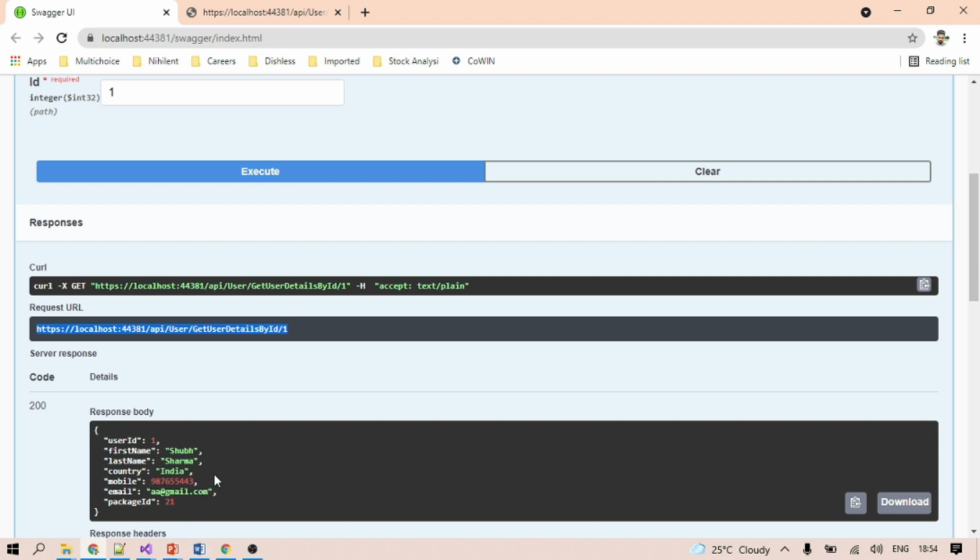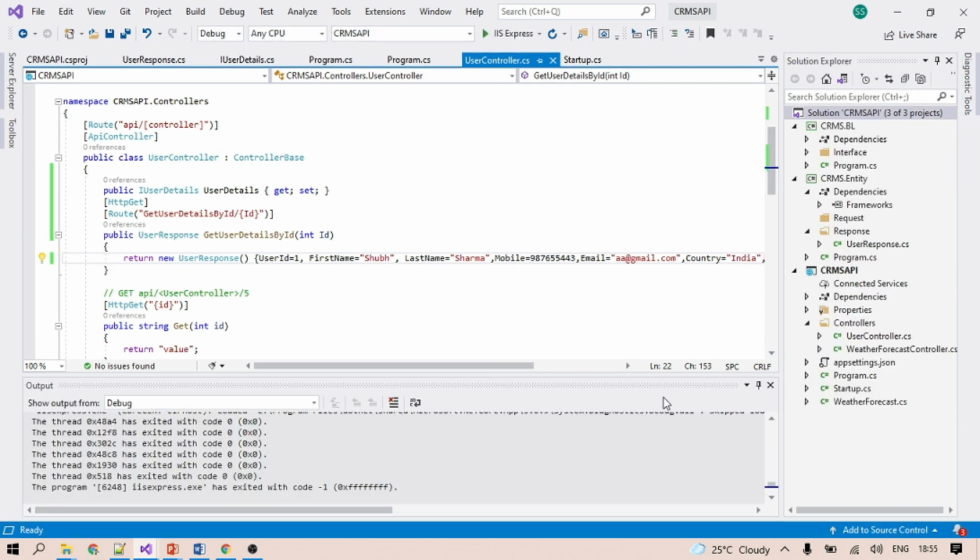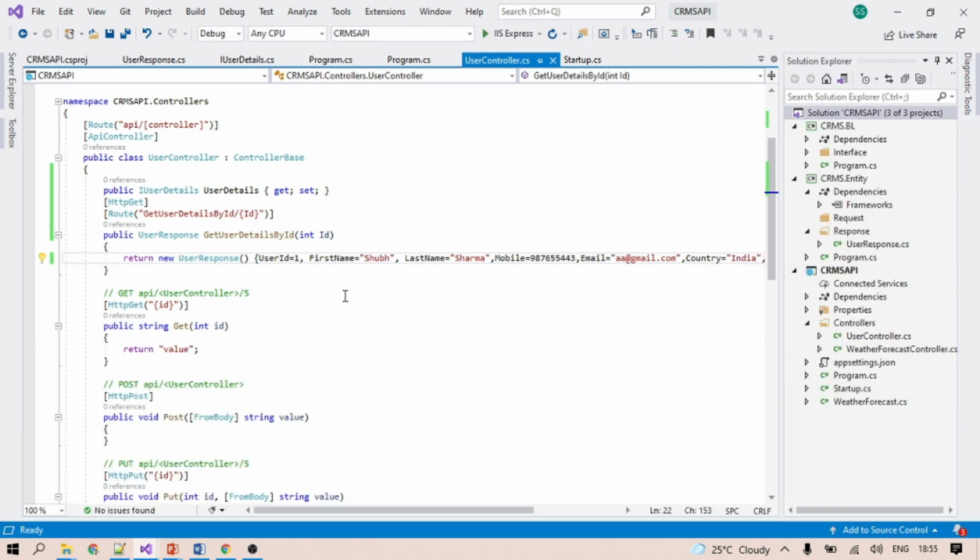So this way it is working. We created one class today, one controller, one action method, one interface, one properties class. We also used attributes, and we also used filters. We also added some dependencies of an external project inside the API.